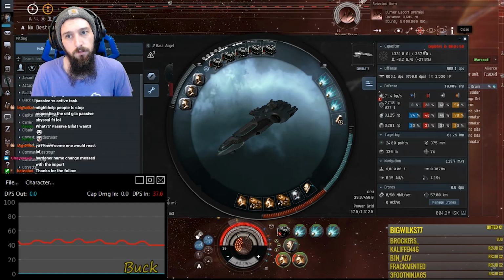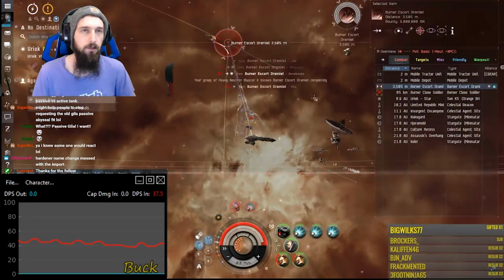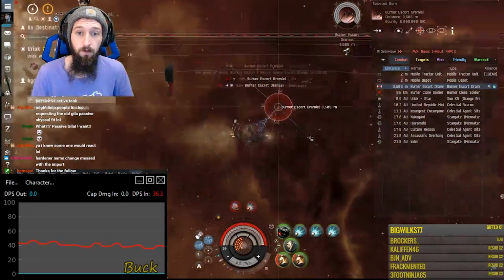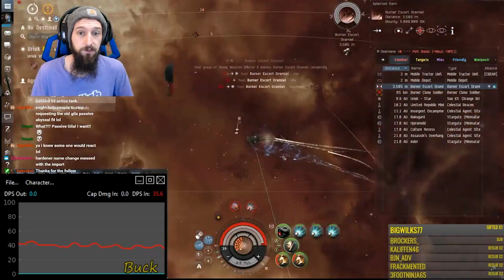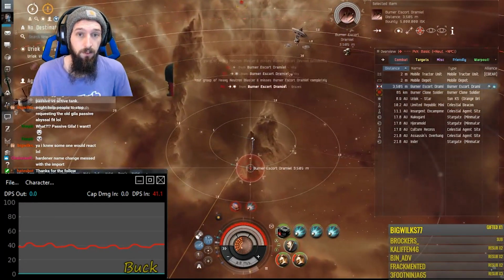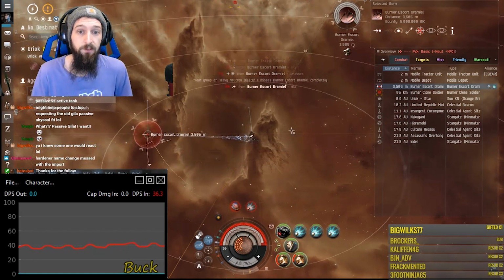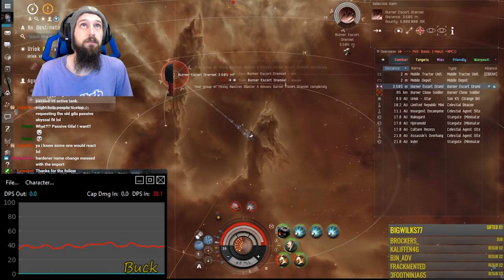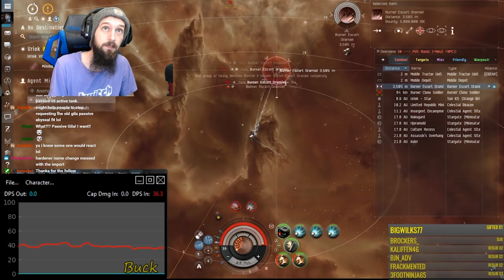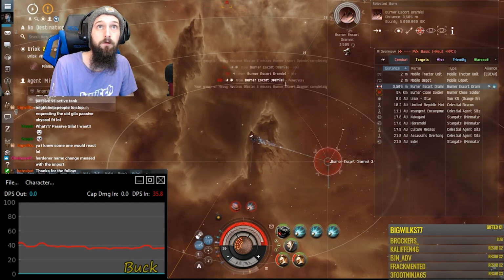So here we have a Burner Escort. There's no way in hell I'm tracking this thing, because it's got a tiny signature radius, and it's moving really fast. So because it's moving really fast relative to me, it's really hard to track. And there are varying degrees of the severity of this. In this NPC's case, EVE NPC stats, Burner,